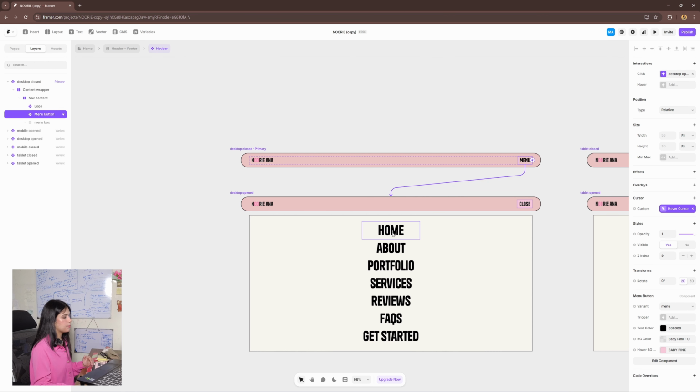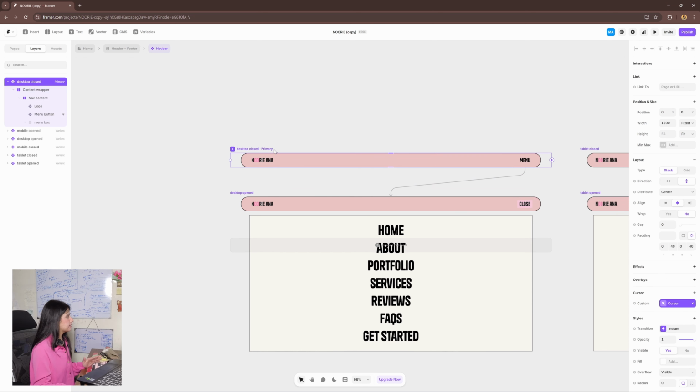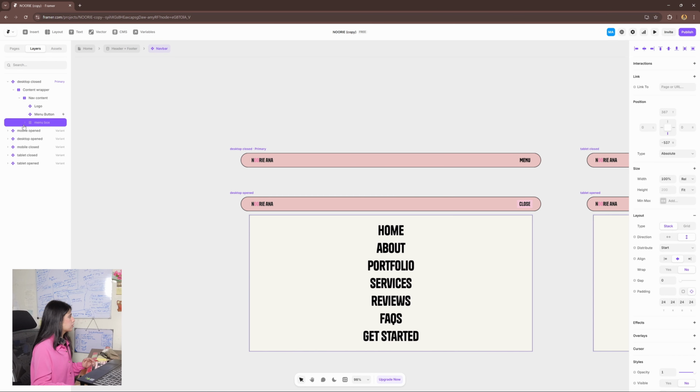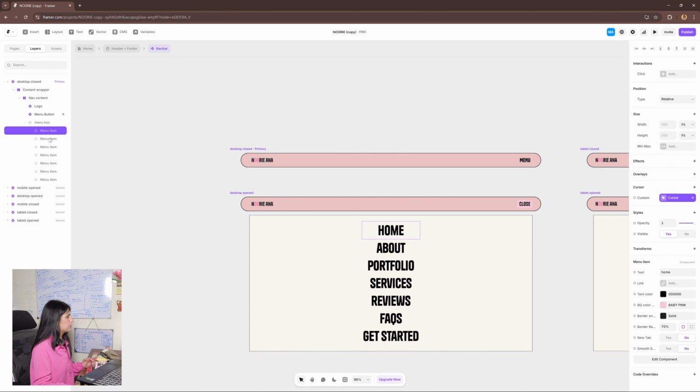Now we want to customize these different menu items. So what we can do is make sure that we have the primary variant selected, and then on the left hand side under layers, we will see this layer called menu box. So you can open this up, and this is where you will see all of the menu items. You can click on them just once, and then on the right hand side, you're going to see all of the properties that you need to make customizations. All you have to do is type in your new text and hit enter, and it's going to basically update